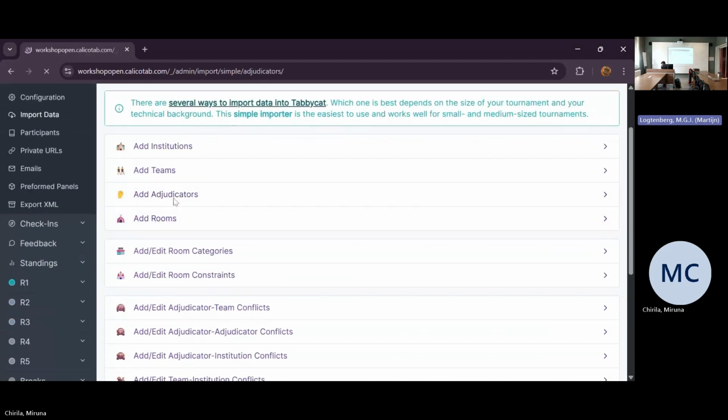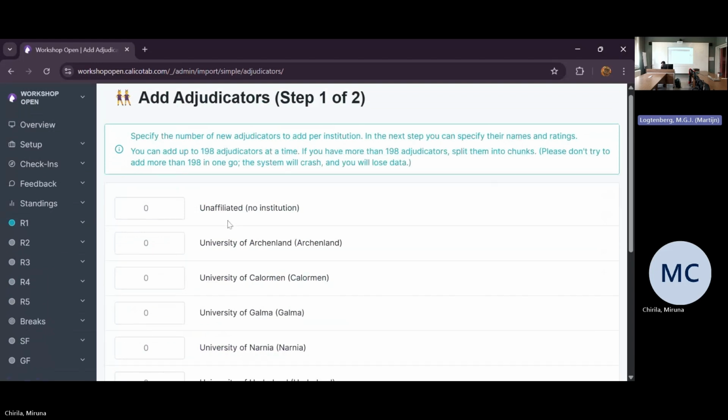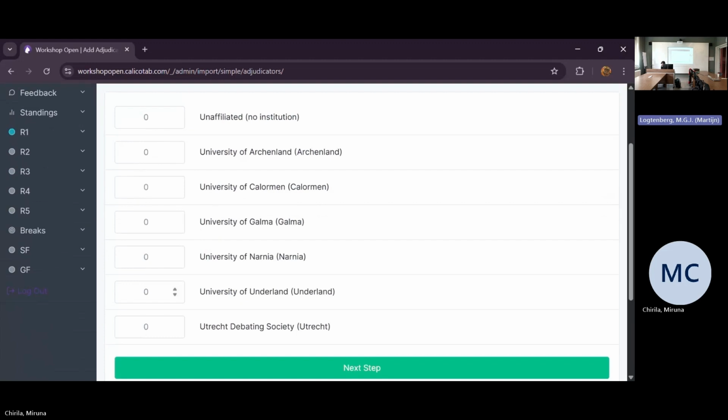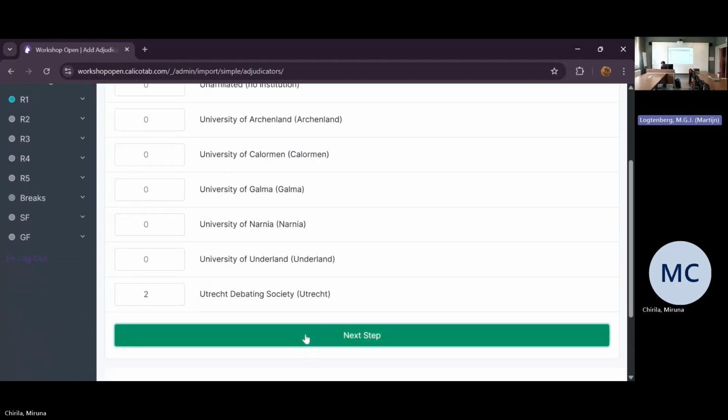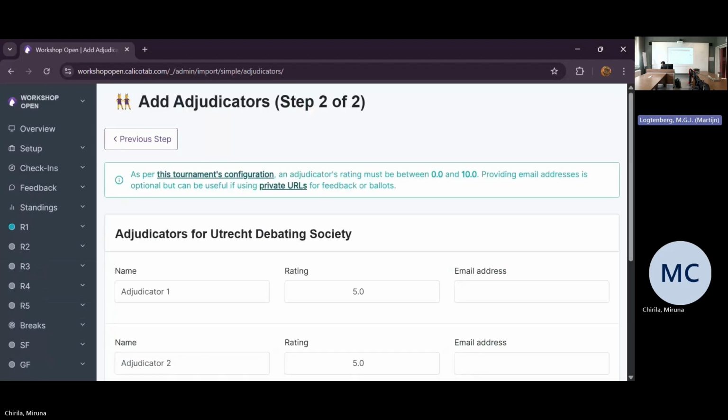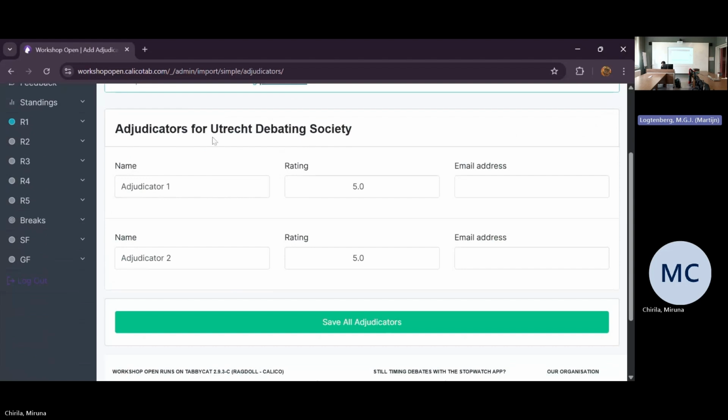If we want to add adjudicators, we go into add adjudicators. We're going to choose which institution they're from. In this case, it's going to be Utrecht as well, both of them. And this is what this is likely to look like. So we're going to have adjudicators for Utrecht Debate Society, and we're going to have adjudicator 1 and 2. And we're just going to give them the score of 0 because we haven't spoken with the CA team to